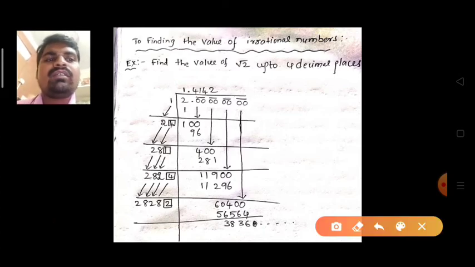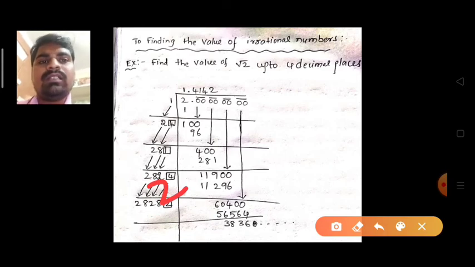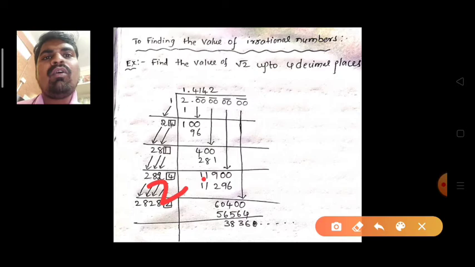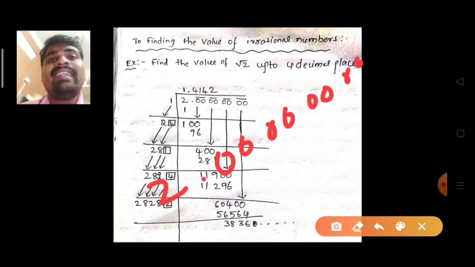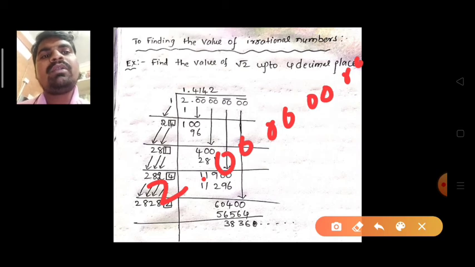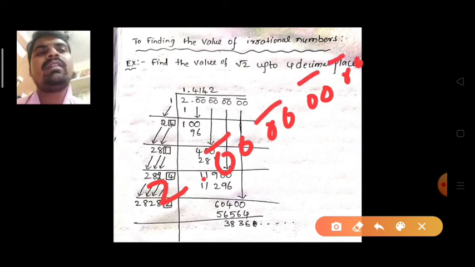So first of all, root 2 is there. So you have to take 2 first. Then point. Here up to 4 decimals, so you should write 4 pairs of zeros. Do you know pair? Pair is nothing but 2. Here 4 decimal places are asked, so you should write the 4 pairs of zeros, 0 0 0 0 0 0 0 0. You should write nothing but 8 zeros. After that you have to take a bar on them, pairs. So you observe the first step is like that only.